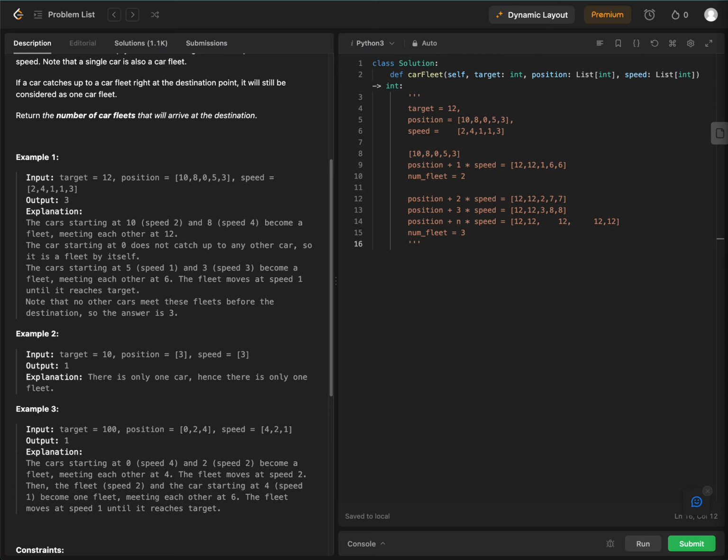9, 5. Now what are we looking at? We have 12. So let's think about what it takes. Let's assume that we have 2 cars, and when we look at the fact that we have 2 cars,